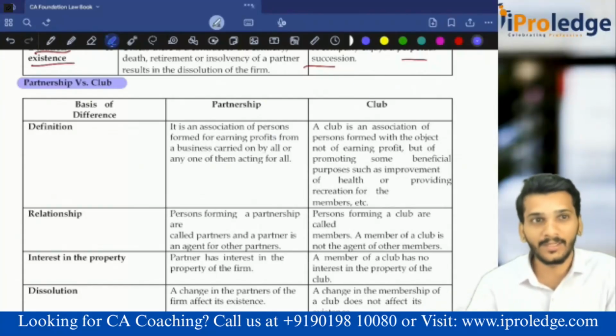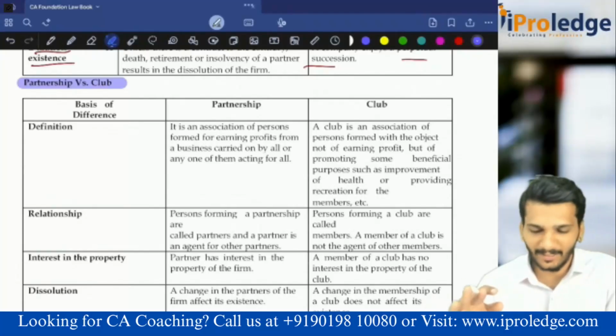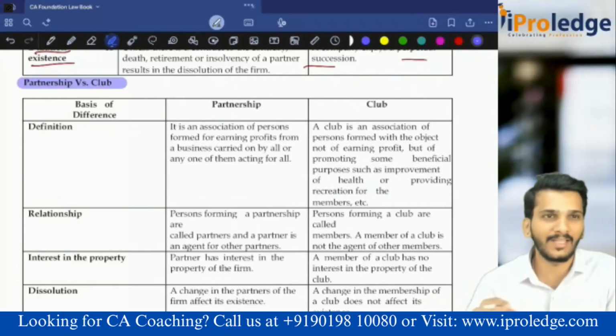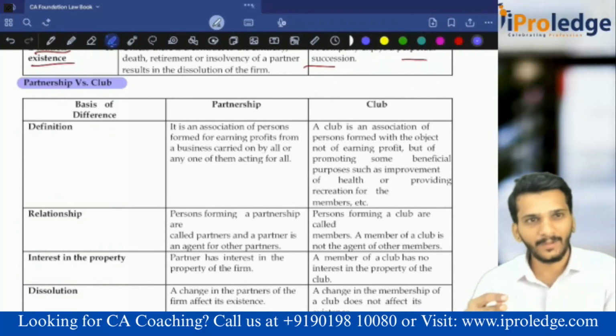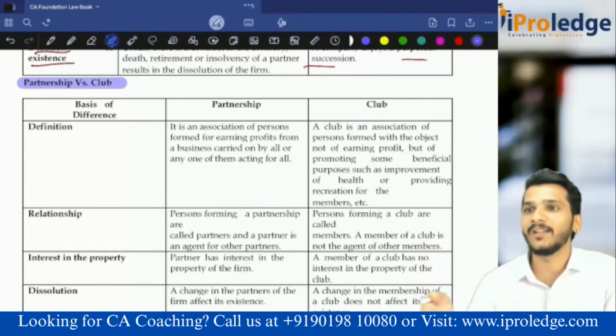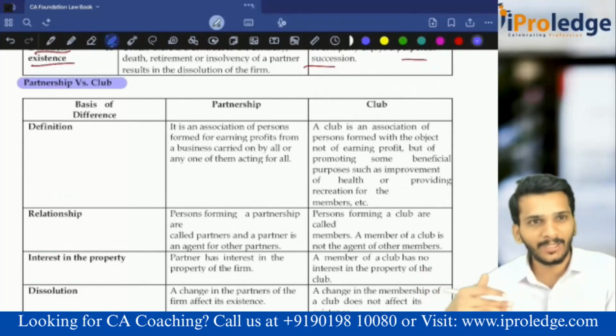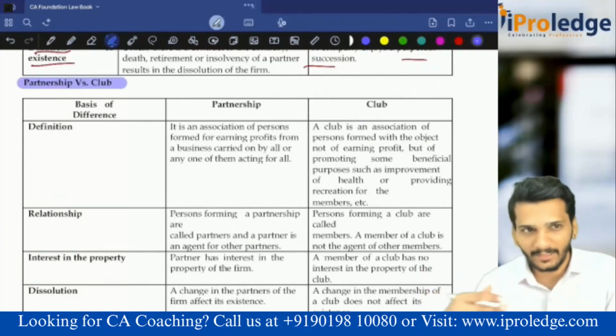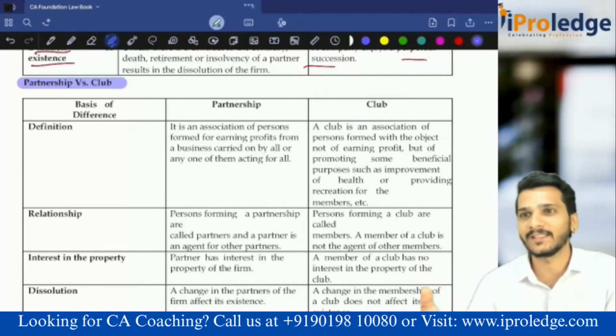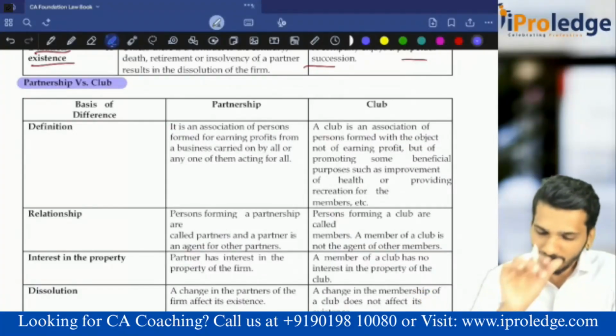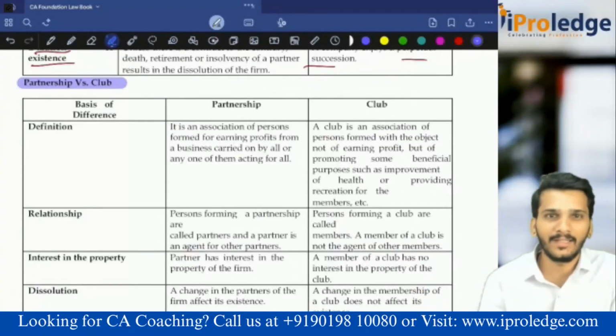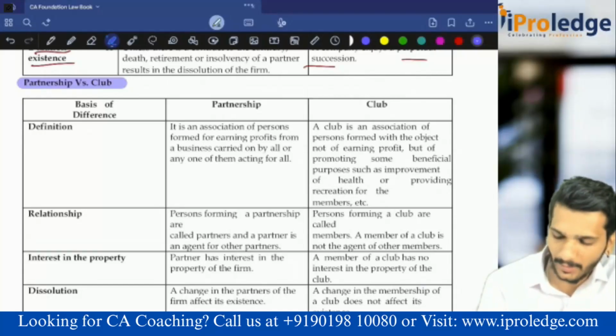Still, the waiting period is there. People have so much money. This club is only for the purpose of networking, nothing else. If I pay 15,000, I'll get the best gyms in the city. If I pay 200 rupees per hour, I'll get the best swimming pools. Do you think because I have the club membership, I'll go on a daily basis? No, because I meet good people there, I'll try to go on a daily basis. There is also a golf club. Every type of club is considered there. Partnership, I don't want to discuss again. I'll directly come to the club.